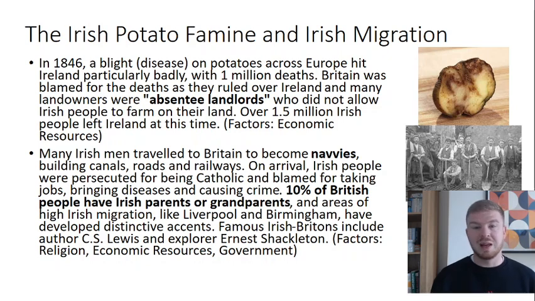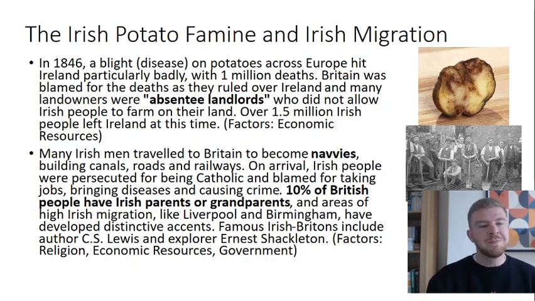And as a result, that land meant that they could not grow any other crops that could feed the Irish people. So in this time period, 1.5 million Irish people left, and many of them went to Britain. Another reason why lots of Irish people migrated was to become navvies. So as you can see on the bottom right picture, they were becoming navvies, which would mean building canals, roads